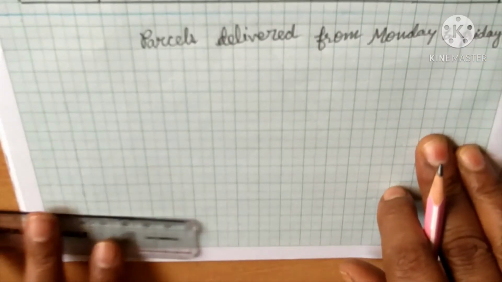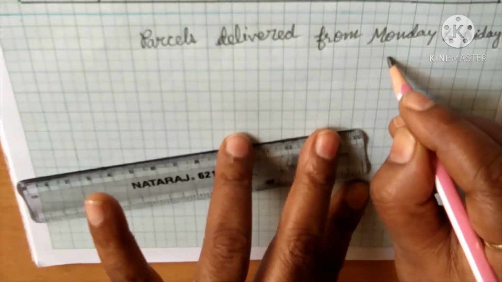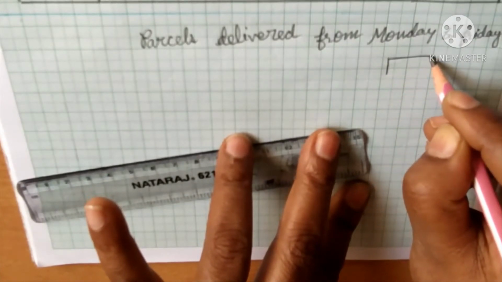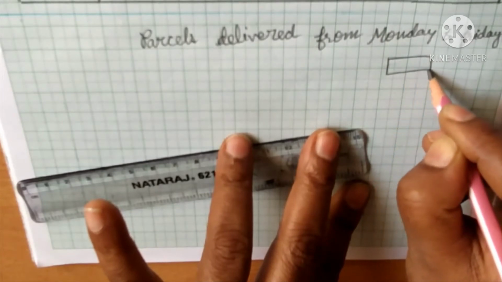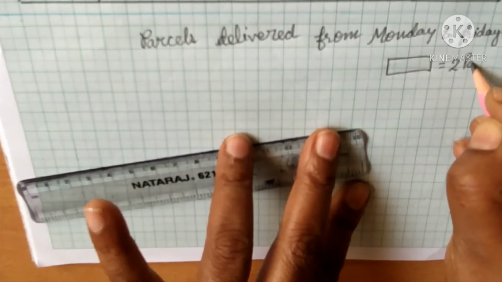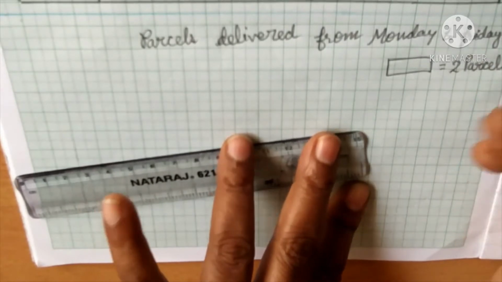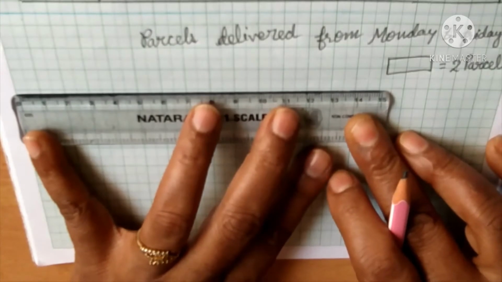Clear? Now we have to make the scale first. So I am making a scale. One symbol represents two parcels. Okay. Now we are making the